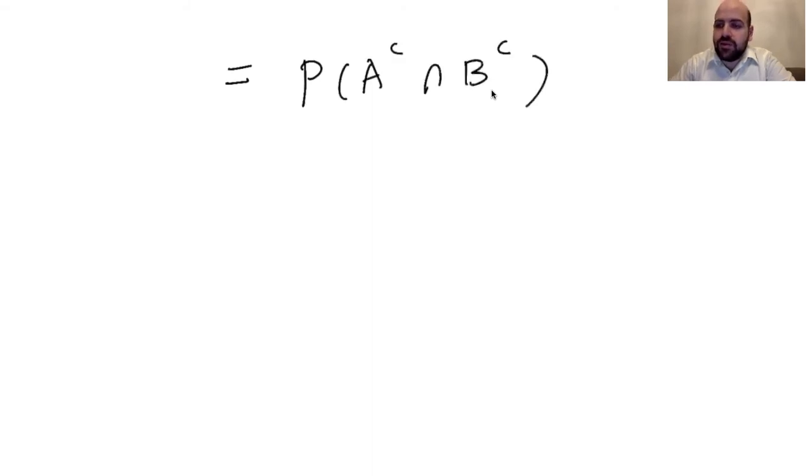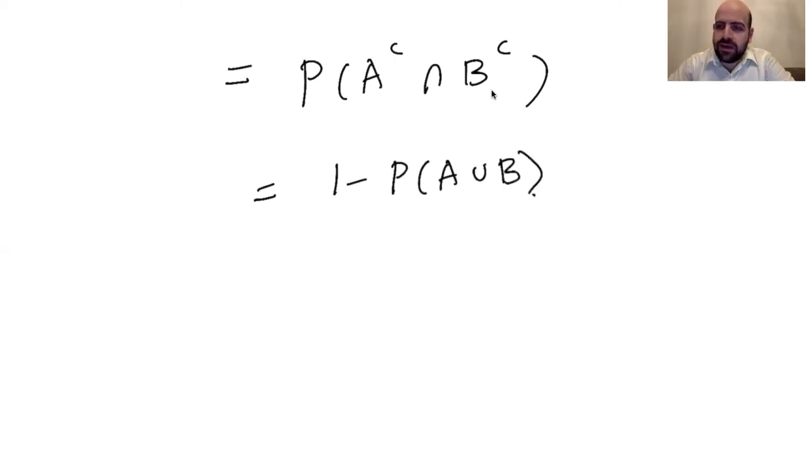Okay, so in terms of the original events A and B, this is P of A complement intersection B complement. A was the event that I would have a triangle with vertices v1, v2, v3, and B for having a triangle with vertices v4, v5, v6. Now I want to have no triangle with v1, v2, v3, and no triangle with v4, v5, v6. Using the properties of probability, I can write this as 1 minus P of A union B,